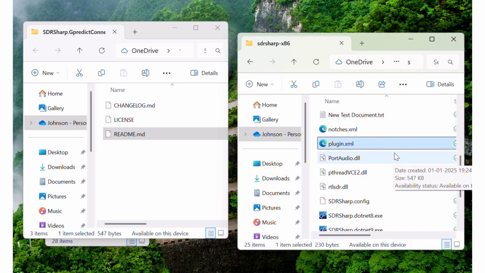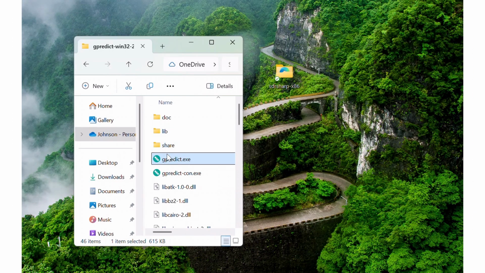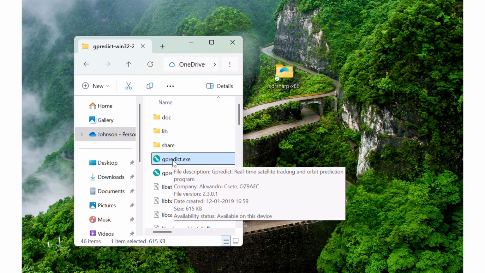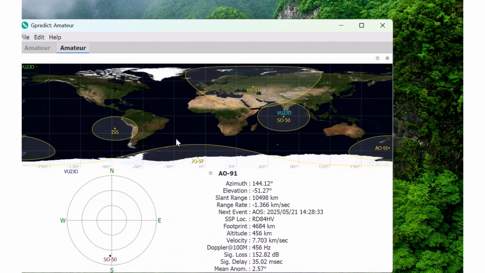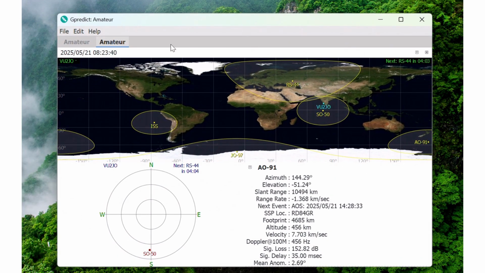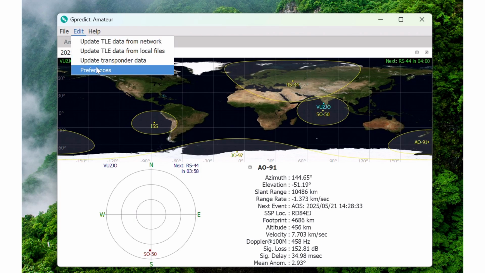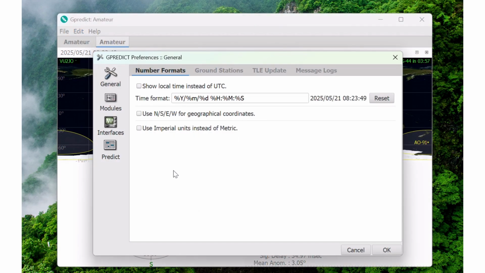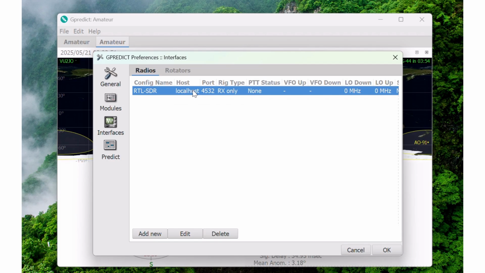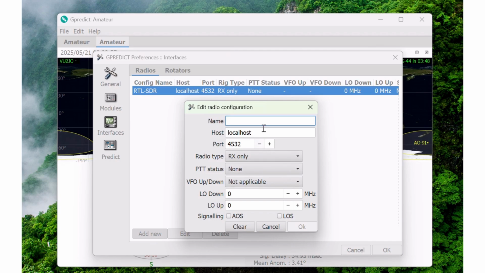Now for the other steps I'll have to go back again. I'm going to open Gpredict. This is the Gpredict amateur module, and now I'll have to edit the preferences. In the preferences interfaces, I have created this one. You can create a new one like this. Add new. You have to give the name here. I have given the name RTL-SDR, and since it is RX only, receive only, the default RX only has been taken,